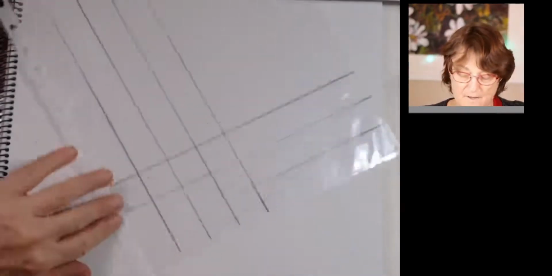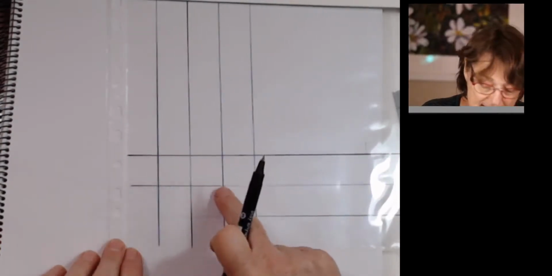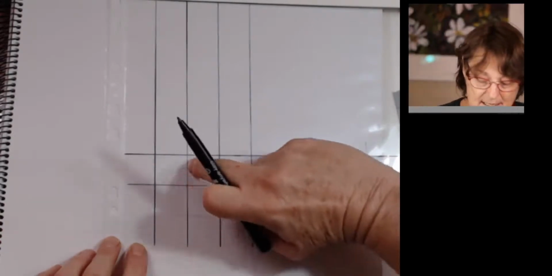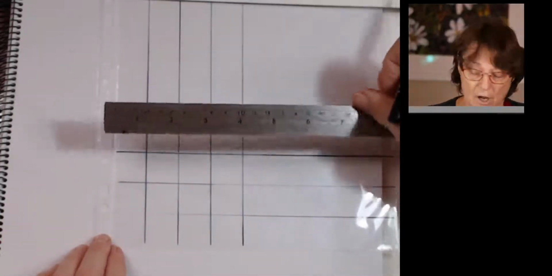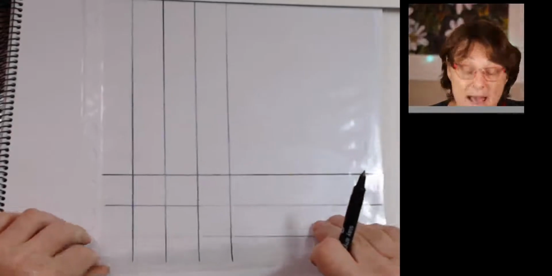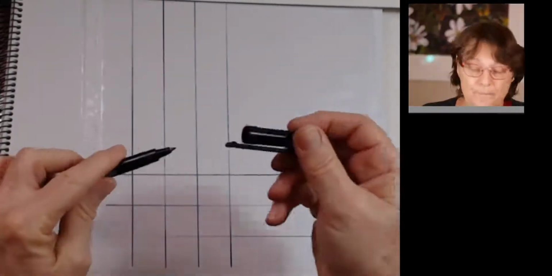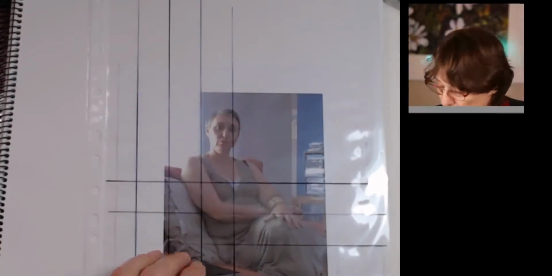Okay, so what you can see there is that I've ended up with squares that are exactly equal in size. They are squares, so the definition of a square is that all sides are equal. And because you're using the same ruler to mark this, you are going to get squares. There's not much more that needs to be said about that. I will just say that the reason you use a nice thin marker is because we need to be able to see through these lines, or see through the squares, what we are going to draw, and the thicker your marker, the more it will obscure. So if I just transfer over to this thicker marker now,